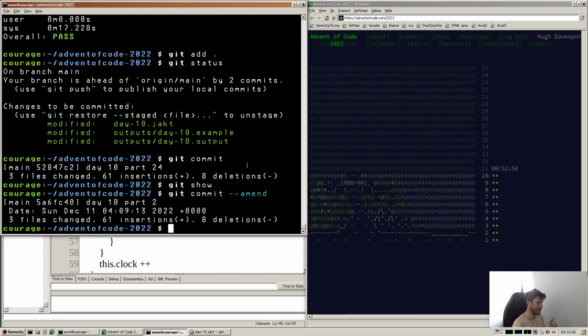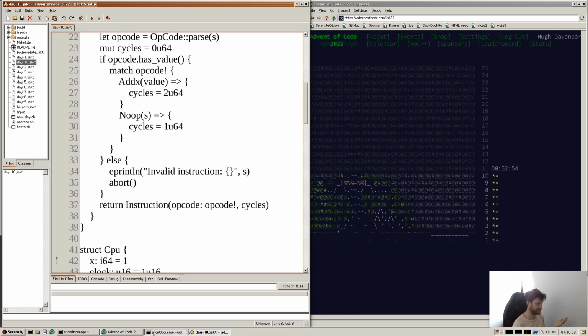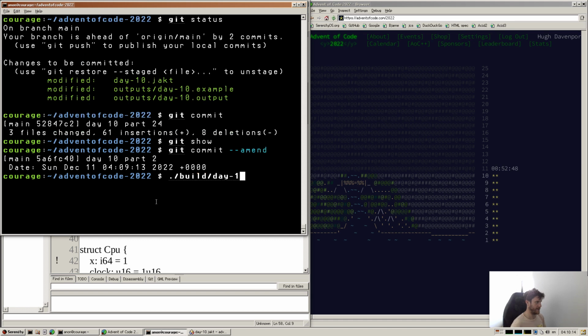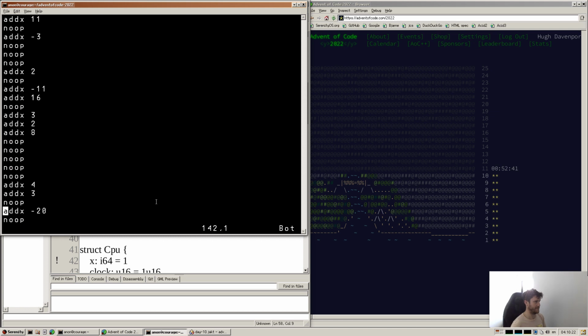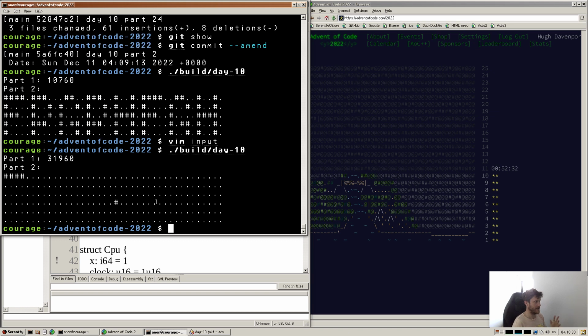It did take a while, but now we've got this cool computer-like thing, and one cool thing about it is, if we go to day 10, we can edit this input and change it somehow. Say if we delete just a couple of lines and we run it again, the output completely changes because we've shifted where that X variable is,